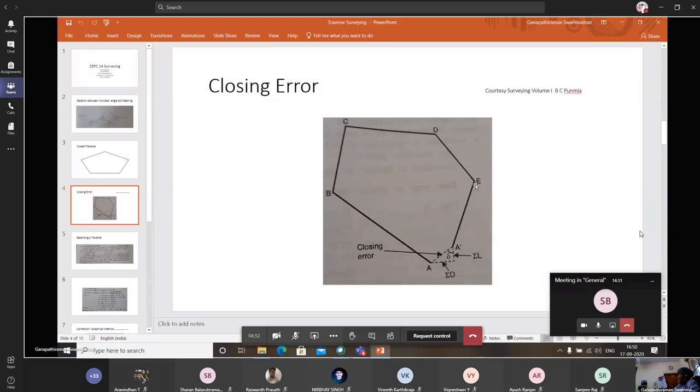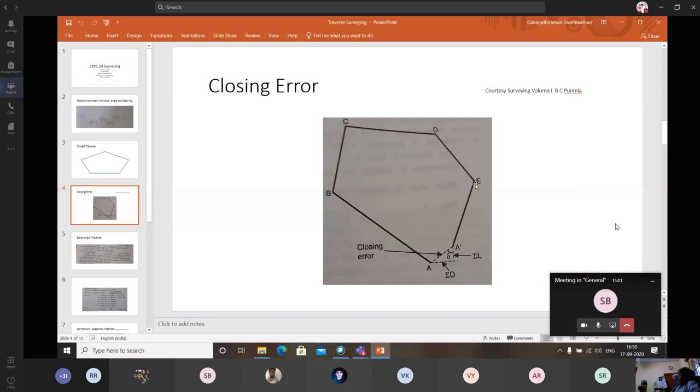At point D, you will be observing point E. So you will be finding out the bearing of DE. You will be measuring line DE. At E, what will you do? That is my question. See, surveying is an application of your geometry and mathematical knowledge in the field, trying to solve the problem. At E, what will you do? You say that you will be finding out the bearing of E A dash. In the field, what will you do?